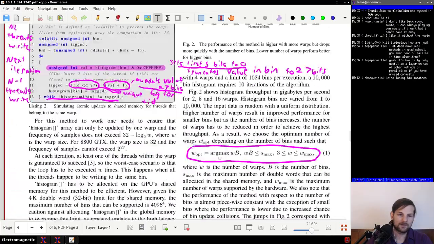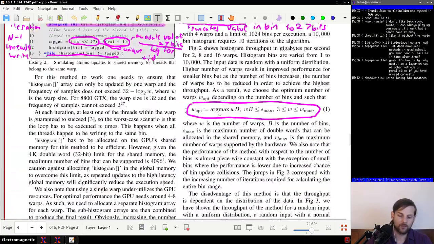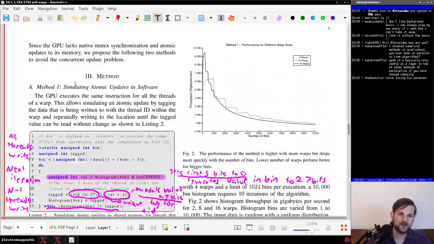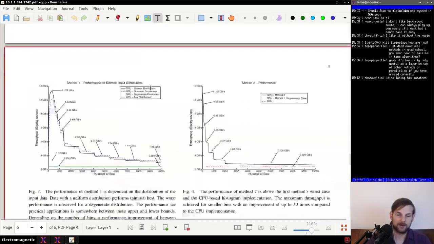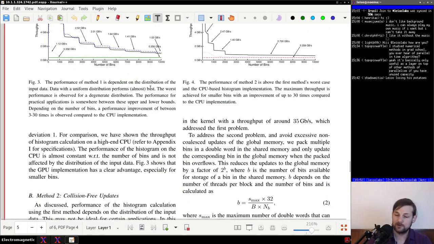Okay, so we have two methods to look at here to avoid the issue I was talking about before of two threads writing to the same location in memory at the same time. One is simulating atomic updates in software. To be fair, we could also